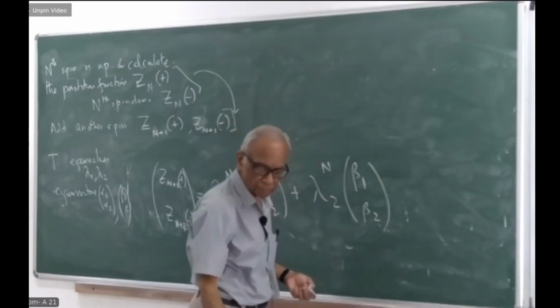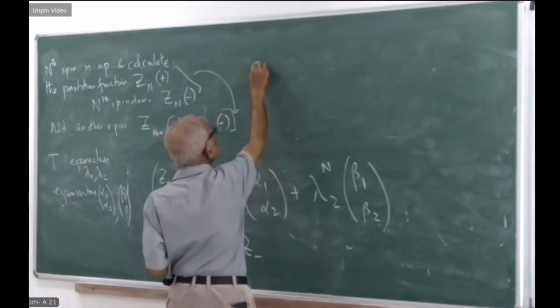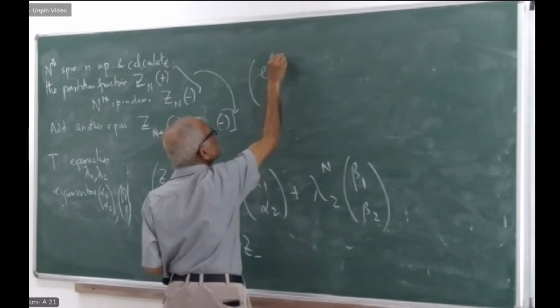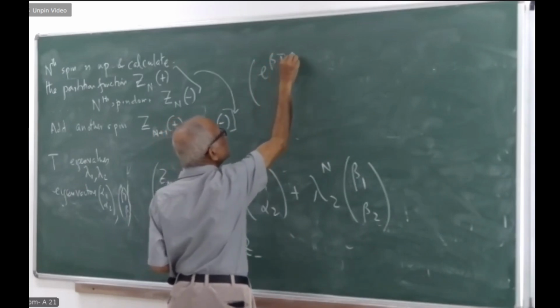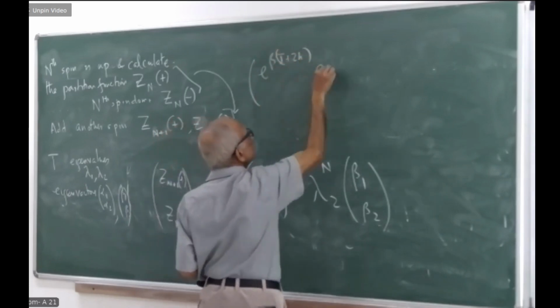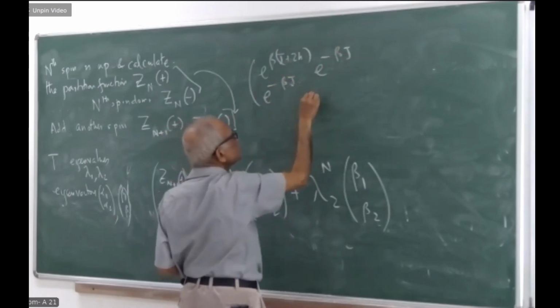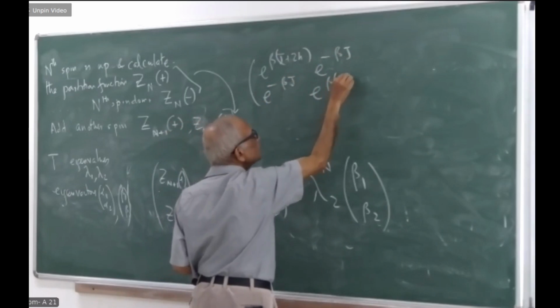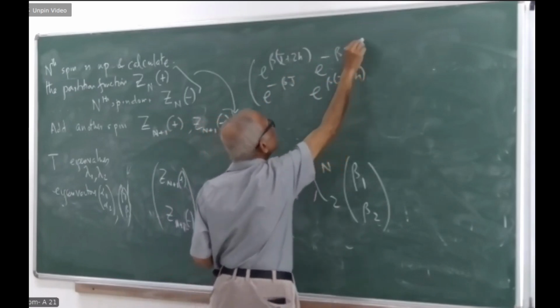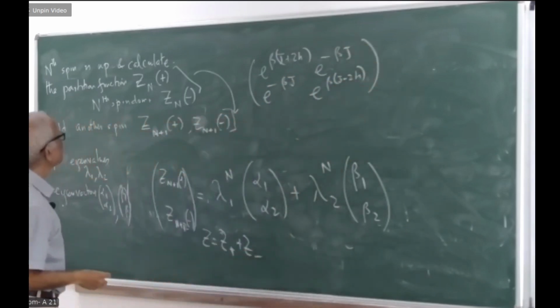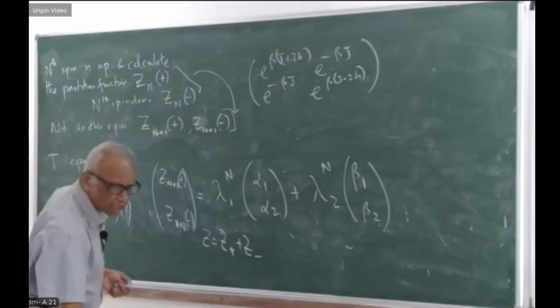So the transfer matrix was e to the power beta J plus 2h, e to the power minus beta J, e to the power minus beta J, e to the power beta J minus 2h. That was the transfer matrix, and the eigenvalues